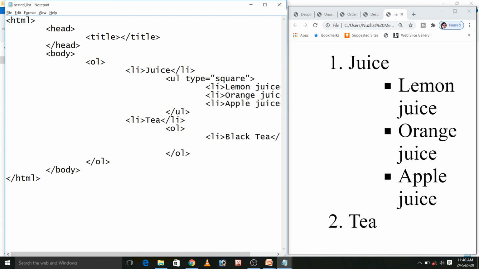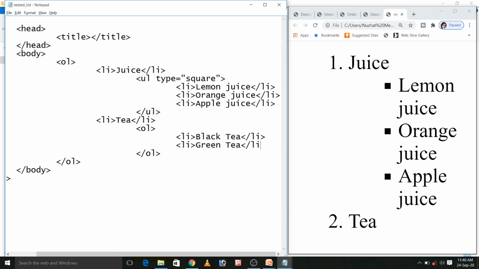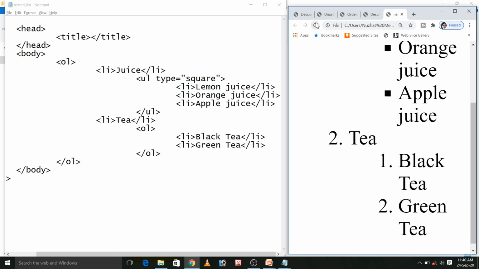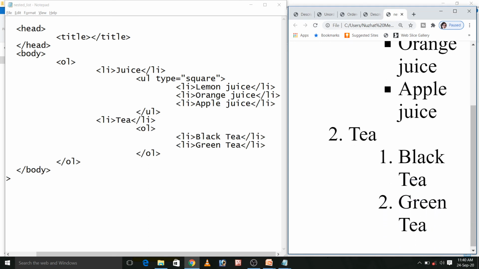I will list one more tea type, li, green tea. Li close here. Refresh the page. Yes, you can see black tea and green tea. Here I want to change its number to small letter alphabet. Then I have to write type equal to a. Here I will refresh it. This way you can do it.